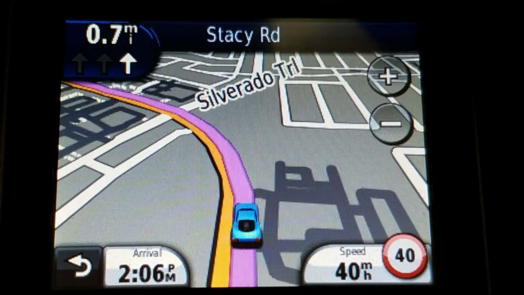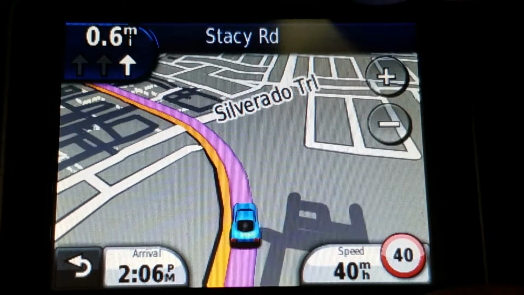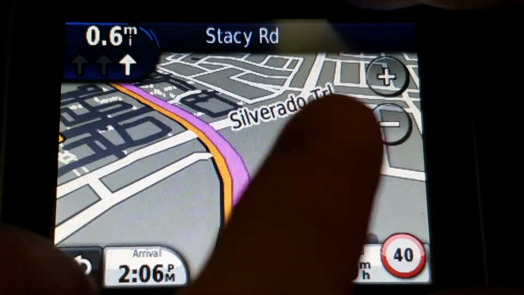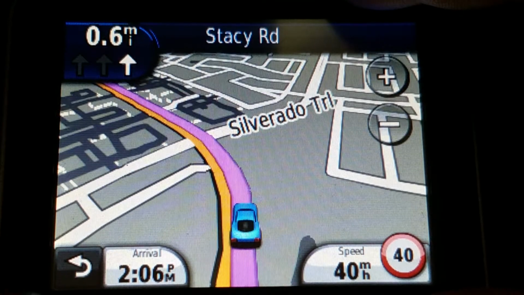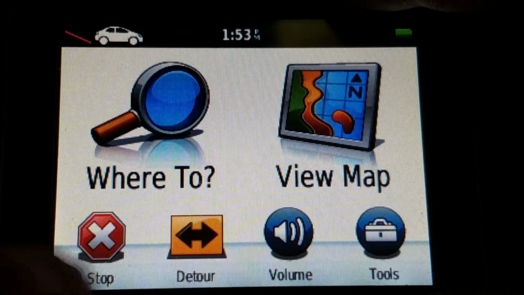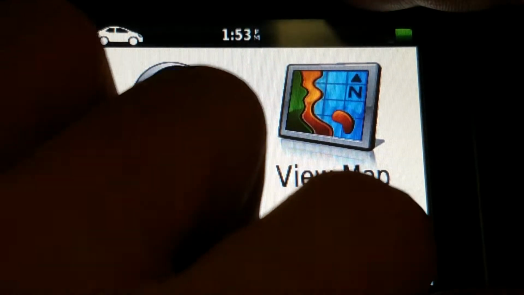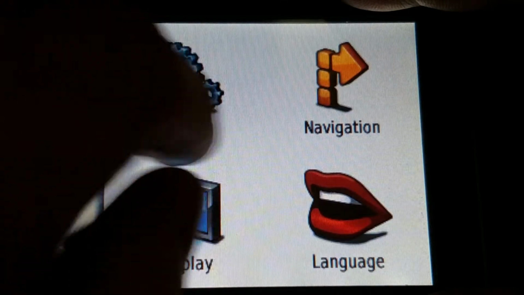If you use the track up mode, you may encounter a source of confusion with the compass arrow. This is a Garmin nuvi 2250. I'll show you what I mean by this. This applies to all the nuvis and DriveSmarts. So if I go and just adjust the settings,